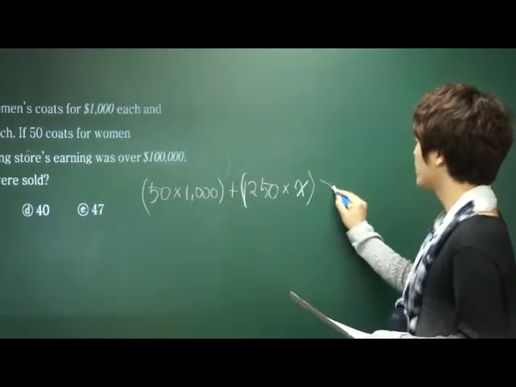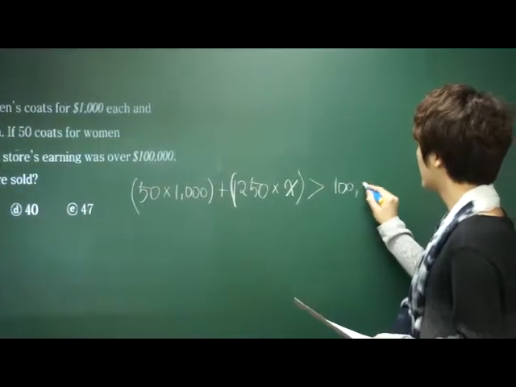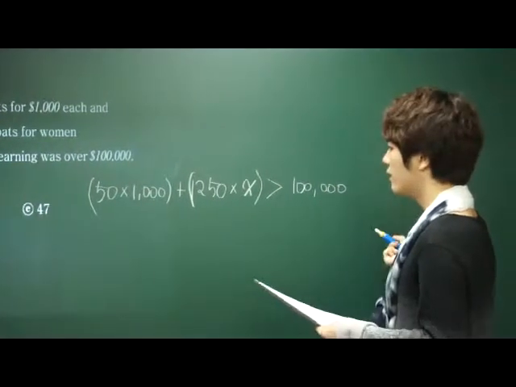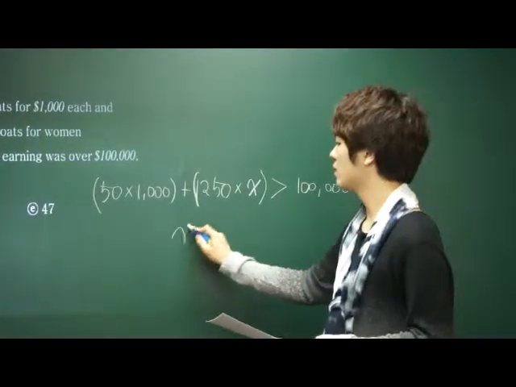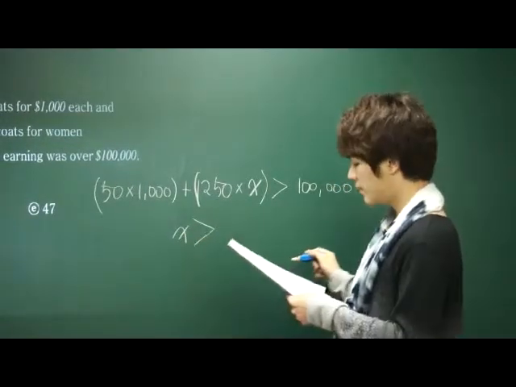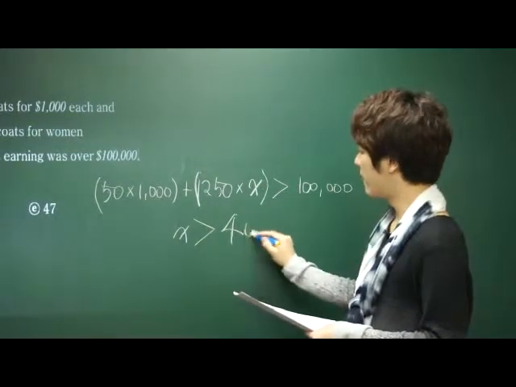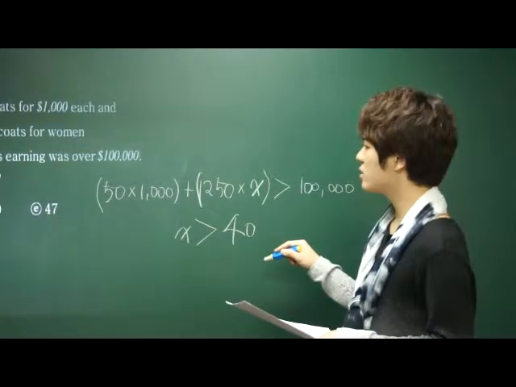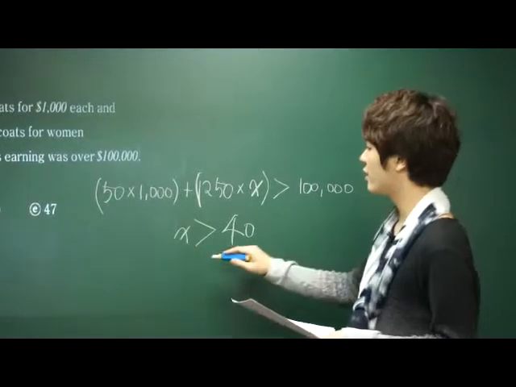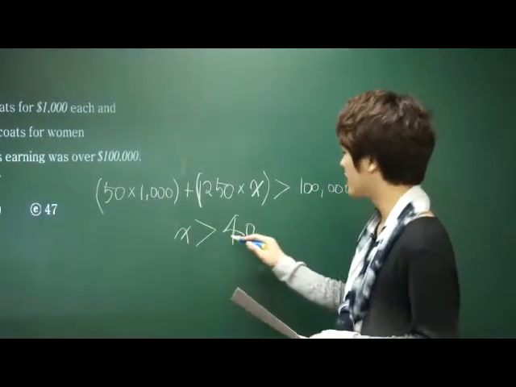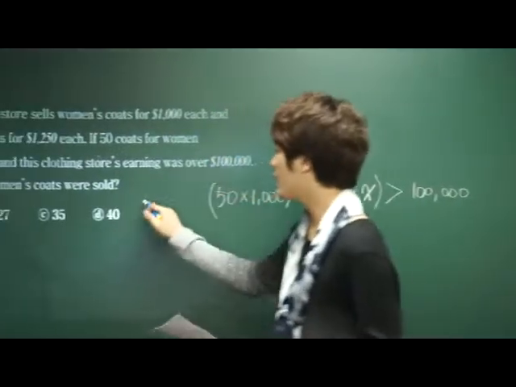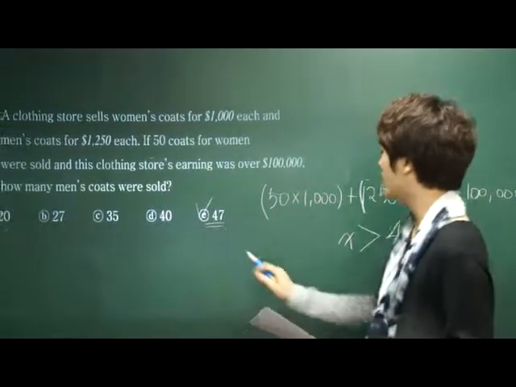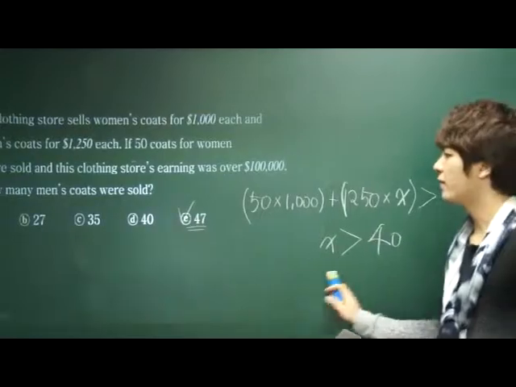And the total was over $100,000. Therefore, if you solve this fairly simple equation, x will be greater than 40. So the number of men's coats sold should be greater than 40. Among the answer choices, only E, 47, is greater than 40. Therefore, the answer should